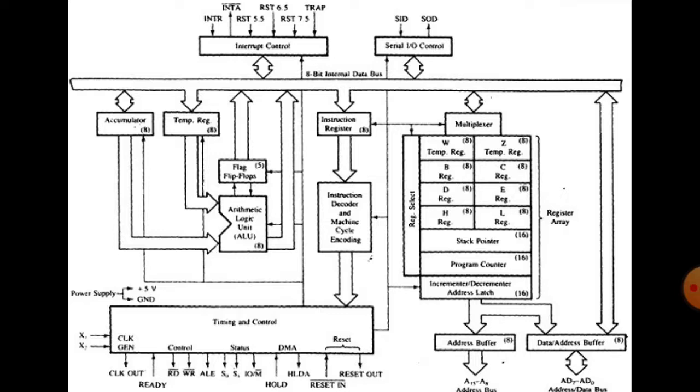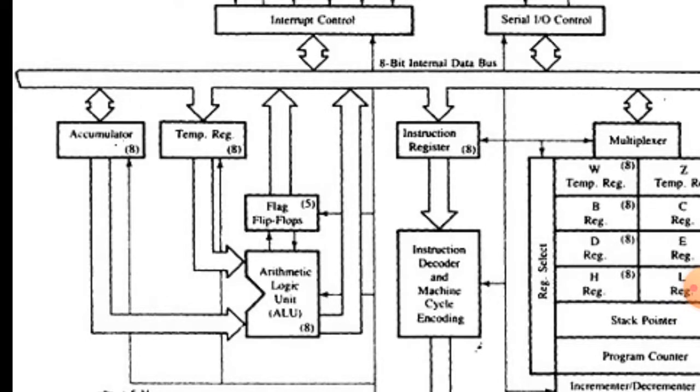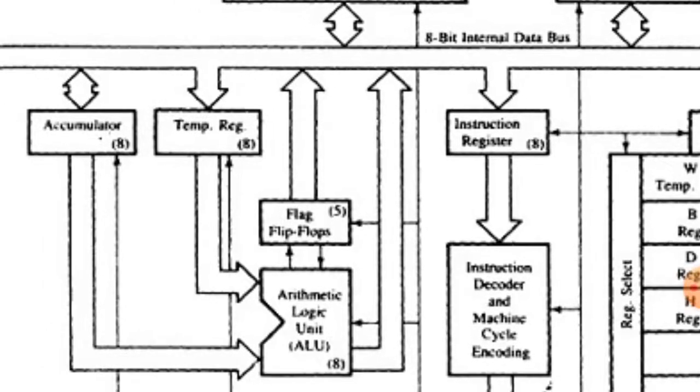Now students, I have already shared this particular diagram with each and every one of you. So now we'll start with the functional units of the microprocessor. As I have displayed on the screen, we'll go step by step. One, this is the accumulator. This accumulator, on the extreme left, is an 8-bit register. You can see it in the diagram also.